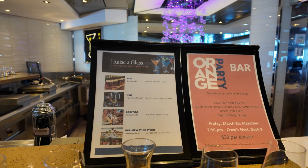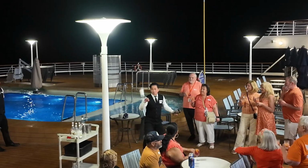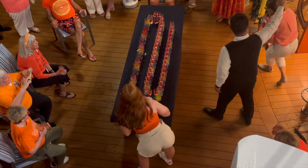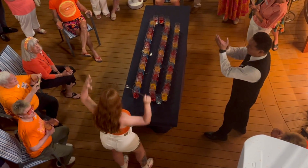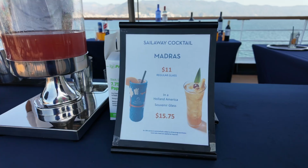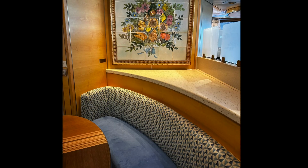You can also sign up for the bar hopping event, where, for a fee, you'll visit several of the ship's bars to enjoy signature drinks and lively activities, such as this memorable one. Each time the ship leaves port, you'll also find a small pop-up bar that sells specialty drinks that change from port to port. Now it's time to head inside and go to the only place in the world it makes